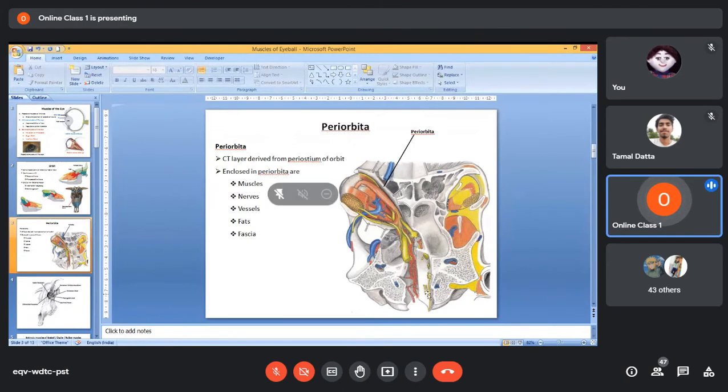This is the cranial cavity where the brain has been removed, and on the left side, the dura mater has also been removed. But on this side, you have the dura mater. Now these yellow structures that you see here are all cranial nerves. This long structure is a part of the spinal accessory nerve. Here you have the jugular foramen, through which the 9th, 10th, and 11th cranial nerves come out. And this is the origin of the 12th cranial nerve, the hypoglossal nerve.